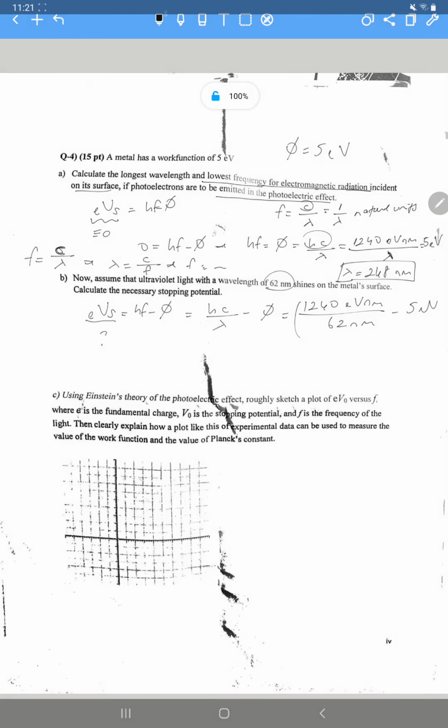So the photon energy is 62 nanometers shining on it in electron volts, and then we have 5 electron volts. Quite simple calculation. We find this to be 20 electron volts, and this is 5 electron volts. The answer is 15 electron volts is the stopping potential. Now in part C